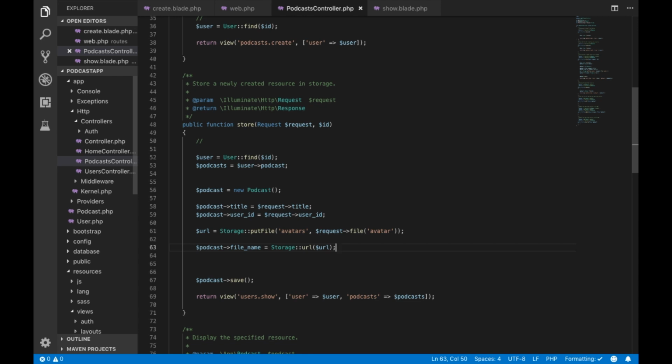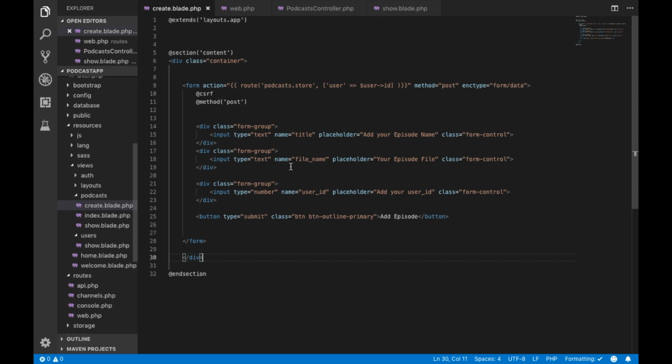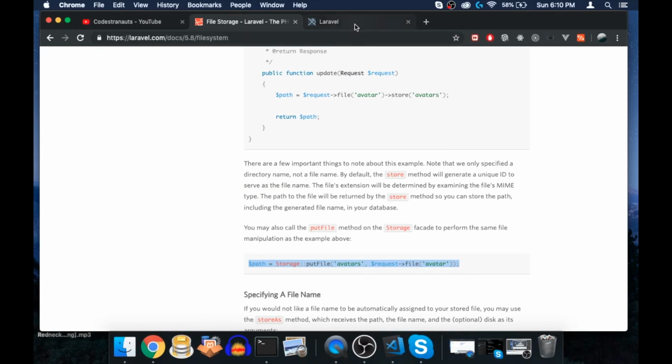I think we are fine with that. Make sure to change this to file name. And this one here to public. Okay. And so, because we say here file name, inside create.blade.php, we have here the input field, but we're saying still text, so I want to change this to file. And make sure this has the same exact name as here, file_name, otherwise it won't work, okay? And we also need to make sure the enctype here is set up, otherwise it will also not work. So